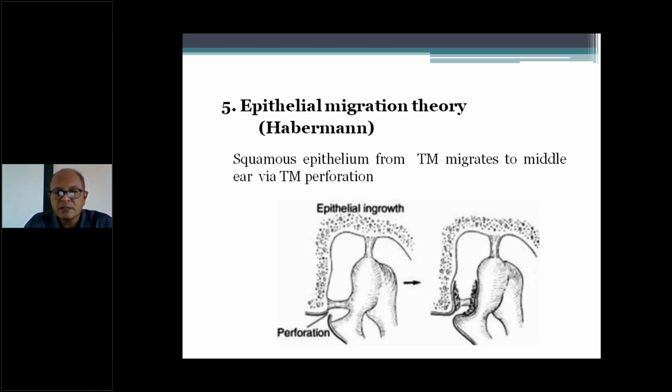That is what happens. The fibrous layer, which is arranged so beautifully in three different layers, that is the radial layer, then the circular fibers and the parabolic layers, these three layers are destroyed, and the collagen and elastin fibers are also destroyed. So the membrane becomes weak at that part and becomes more prone to be drawn inside into the middle ear when the negative pressure develops.